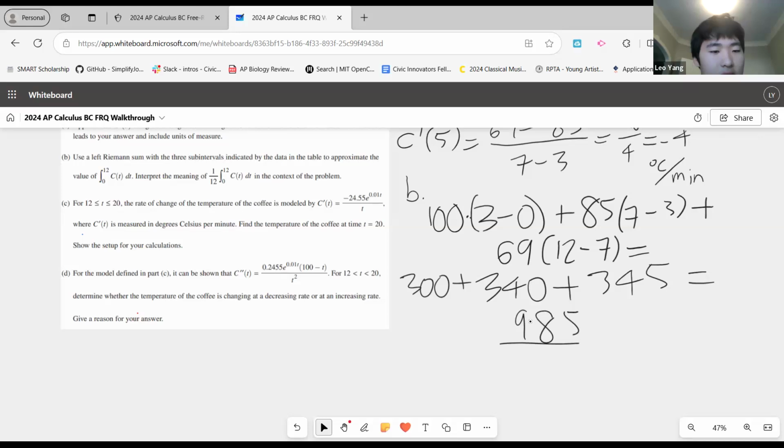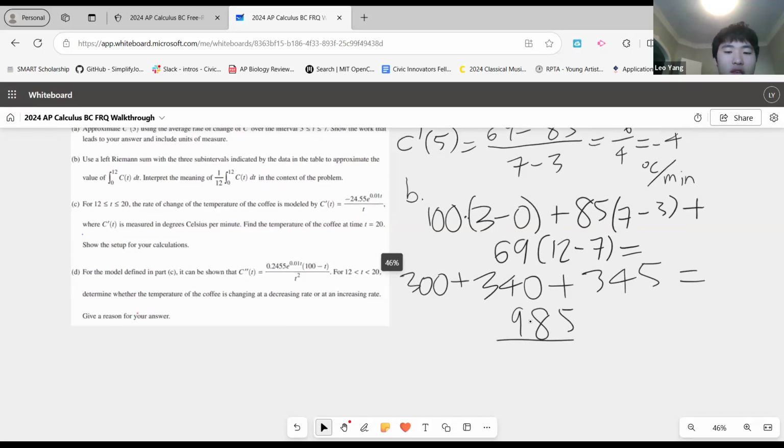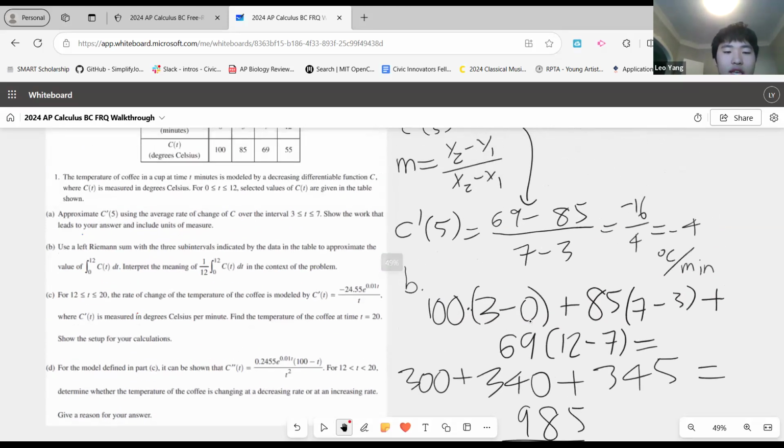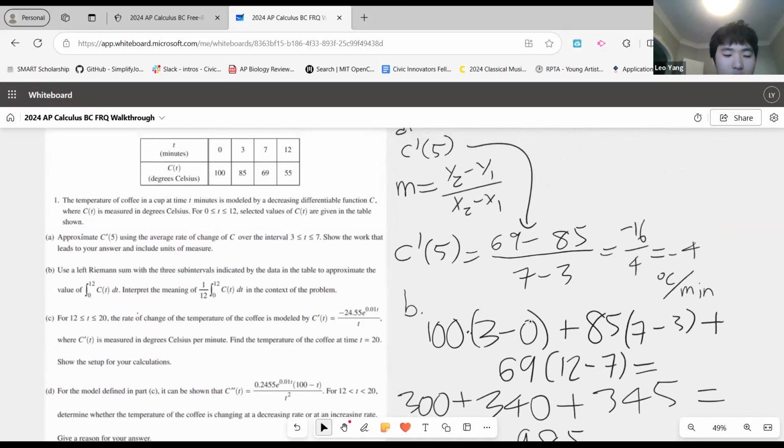And we'll interpret the meaning of this integral, which is 1/12 of the integral from 0 to 12 of c of t dt. Essentially what we're doing here is taking the total amount, taking the temperature, summing over all the infinitesimally small rectangles for the temperature. So from 0 to 0.1, we have this temperature. From 0.1 to 0.2, we have this temperature, and so on and so forth. And then we take